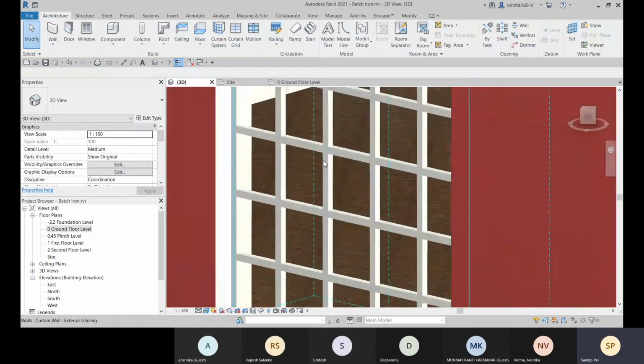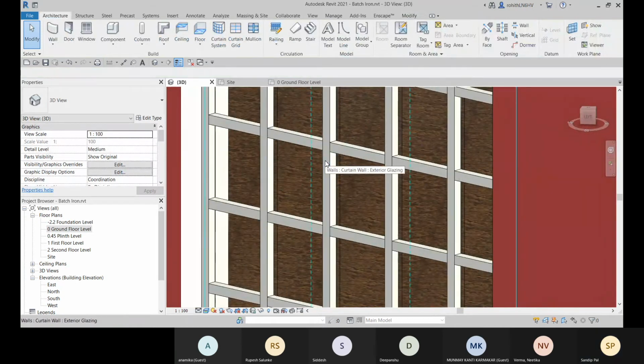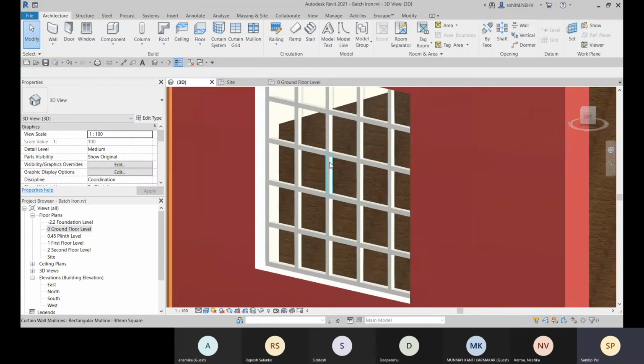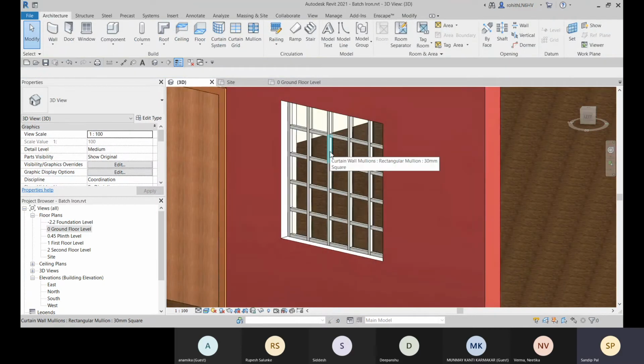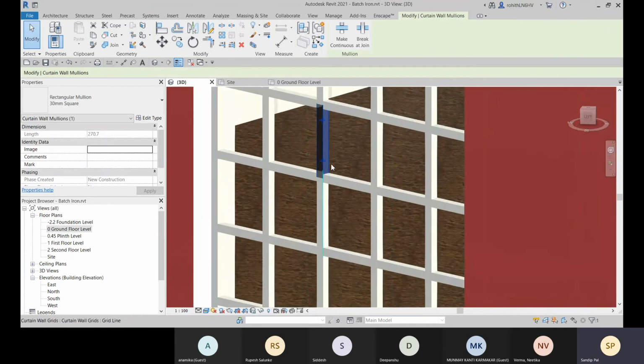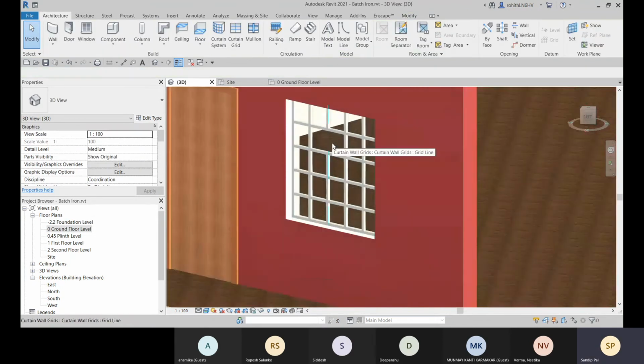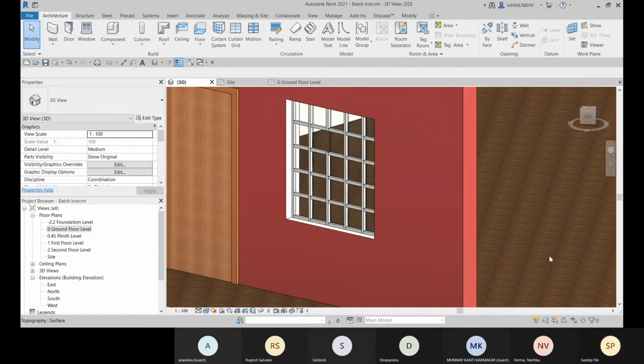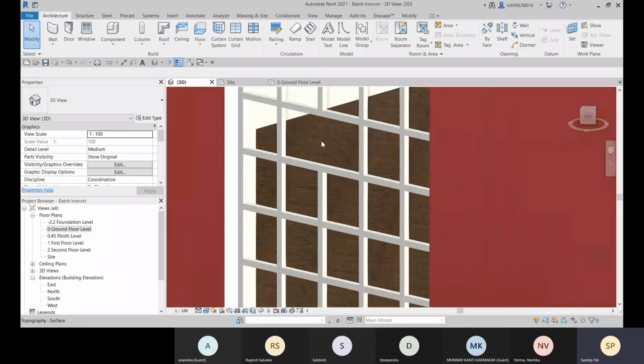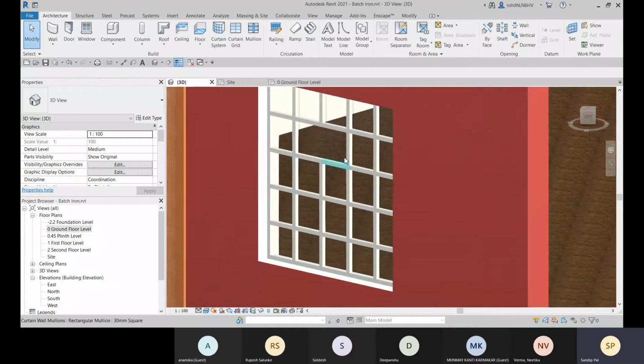Fine. Now suppose you want to remove any mullions, you can simply delete it, and you see the grid. Okay, now you see that the grid is still available.